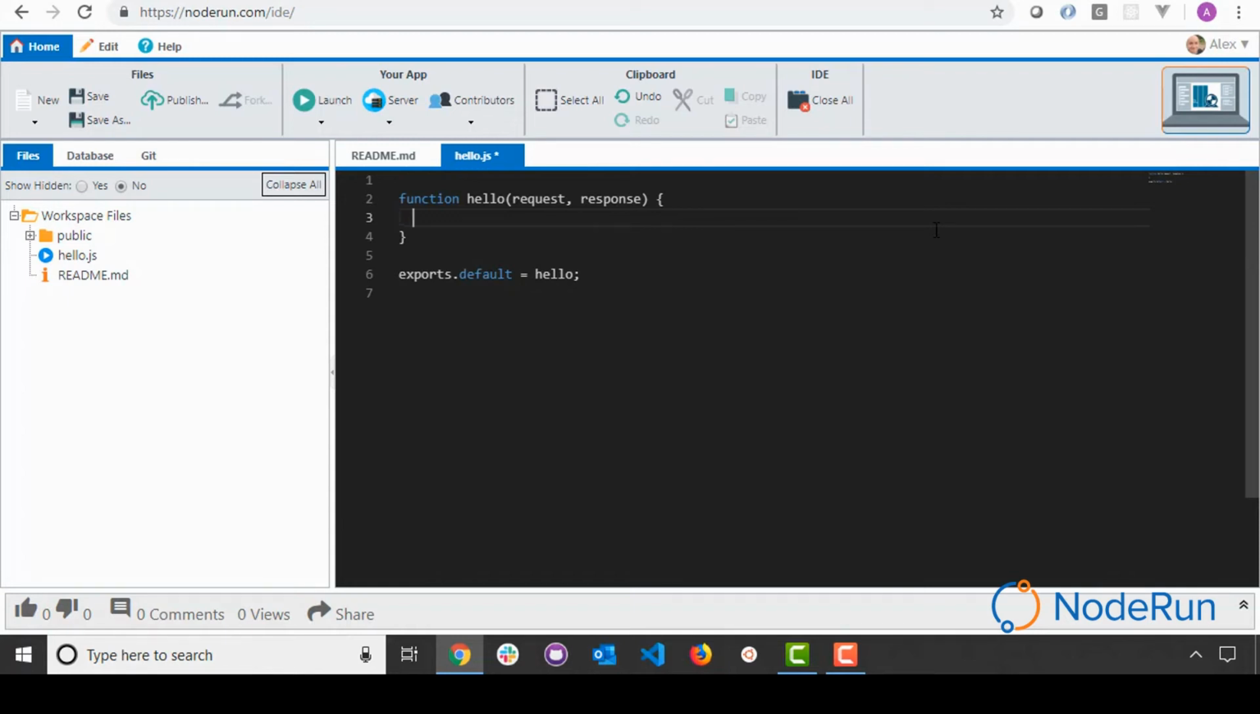So in this particular case, all that we need is response.send hello world, and that will send hello world to the browser when we run this application. So let's go ahead and save this, and then what we need to do before we can run the application,